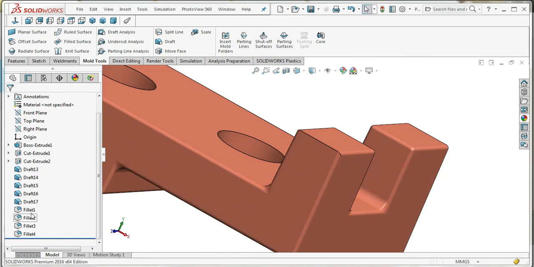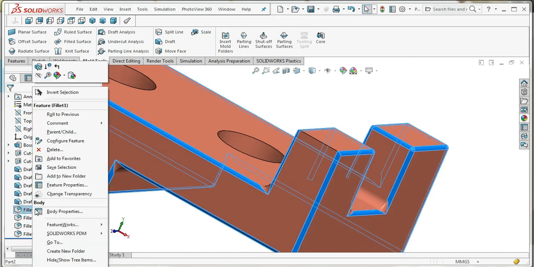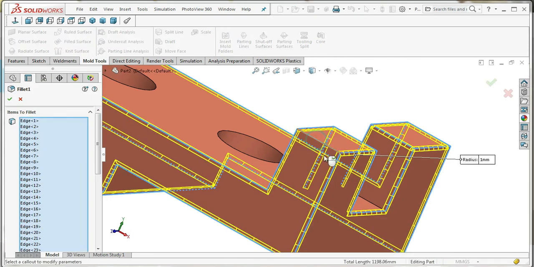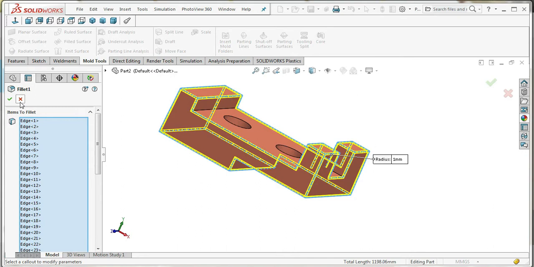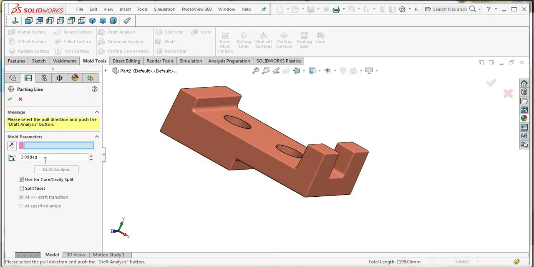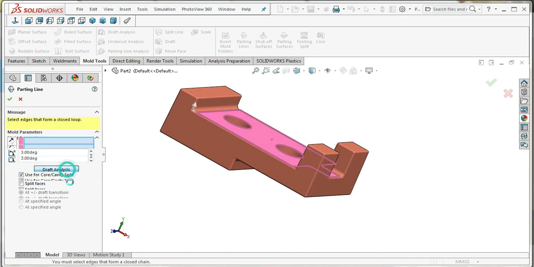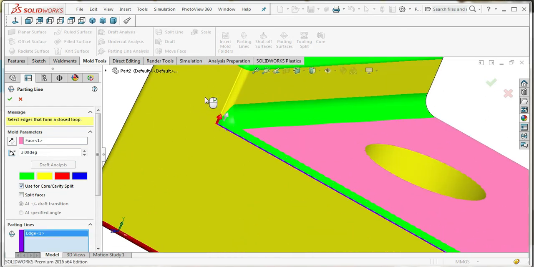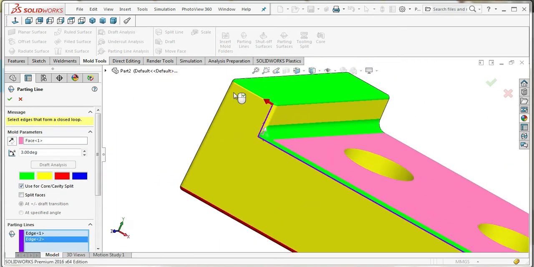Now one fillet is remaining. You can change it: right click and edit definition. Click these edges also. Now again select the surface, do the draft analysis, and click all the edges of the parting line.